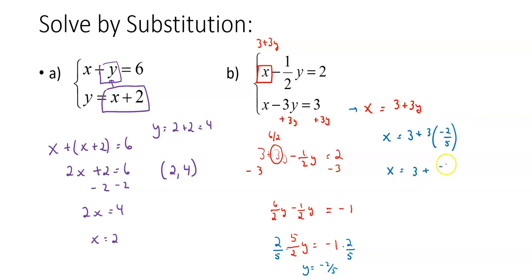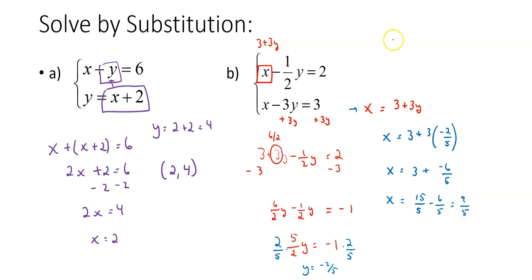3 times negative 2 is negative 6. Remember, we multiply the top. Bottom stays the same. Look, I need common denominators here again, too. In terms of fifths, 3 is the same thing as 15 fifths, right? 15 over 5 is 3. So 15 fifths minus 6 fifths